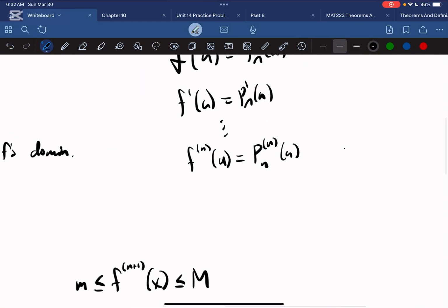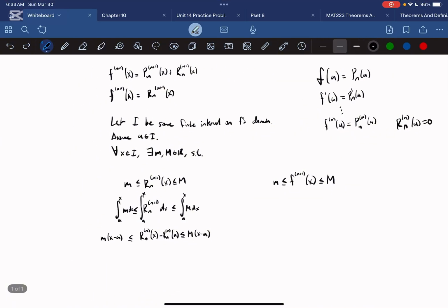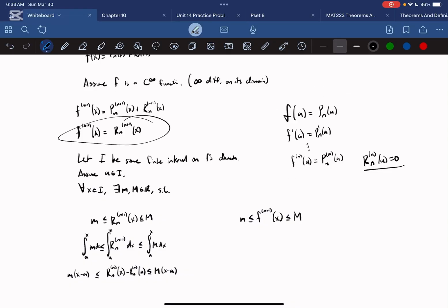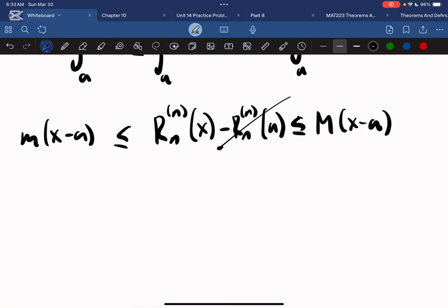Which means that the remainder is equal to 0, because these are equal at a. Does that track? This is the definition, right? We don't know how it is at the n plus 1th derivative, but we know that at the nth derivative these are equal, meaning the remainder has to be 0 at a. So this ends up being 0. That should make sense. So now we end up with this,